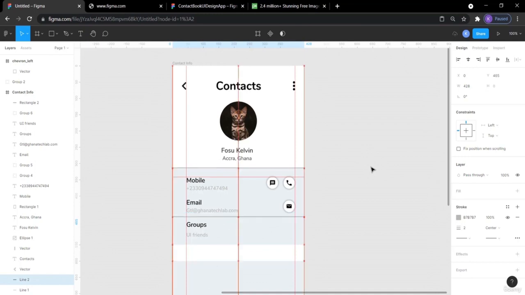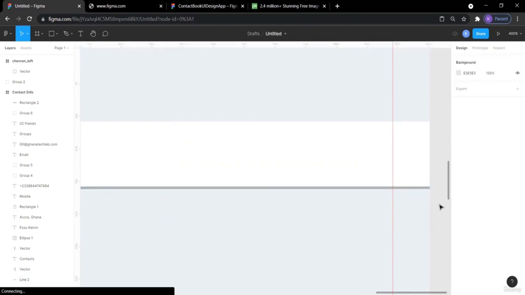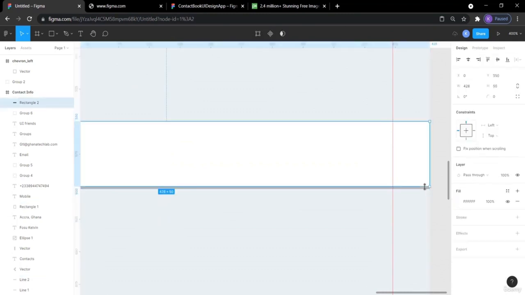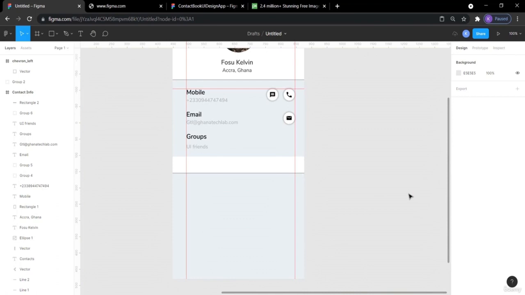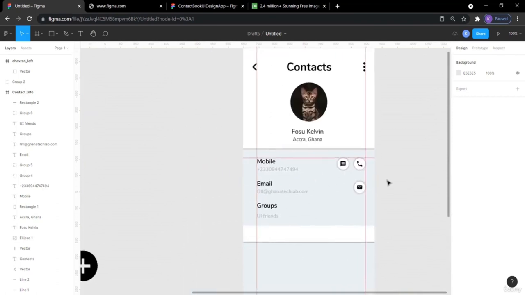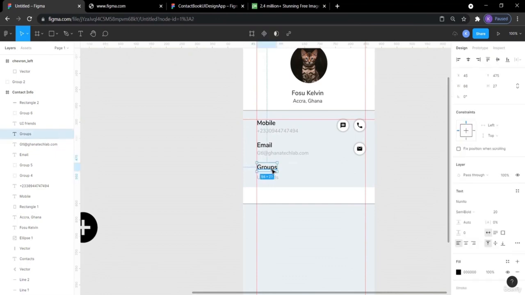Okay, so while holding on shift, I'm going to make it move down faster. Let me zoom in to see if it's perfectly at the position I want. Okay, so I think it's there. Now I'm going to just select this, Control C, Control V, and then bring it down, and then